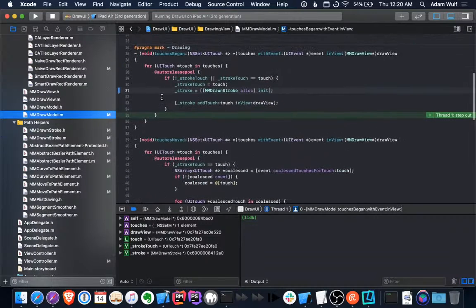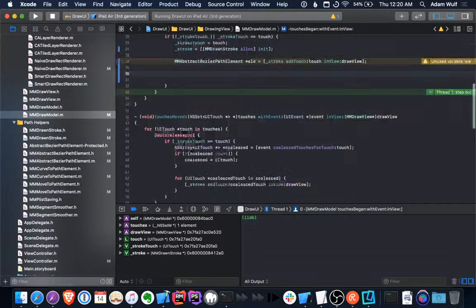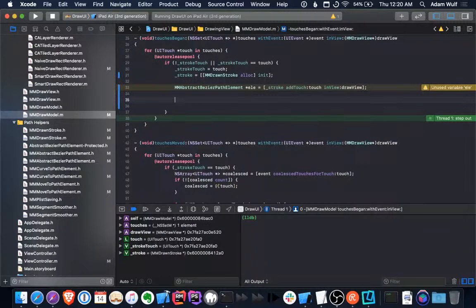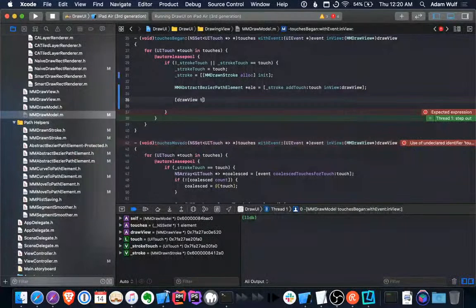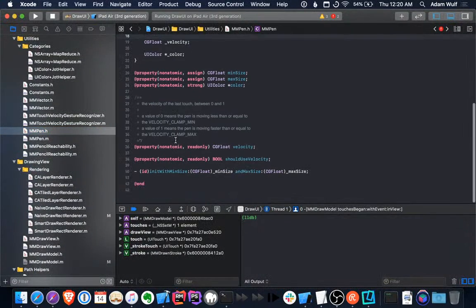So that'll happen in the draw model. Have abstract element here. Then here is where we would deal with velocity. And so the draw view tool, yeah, but it has